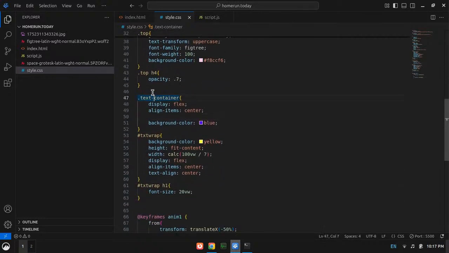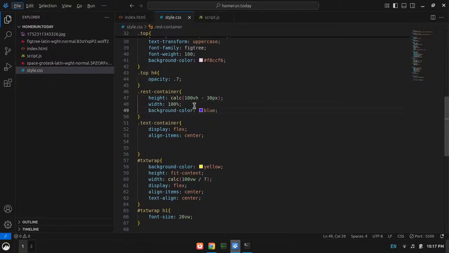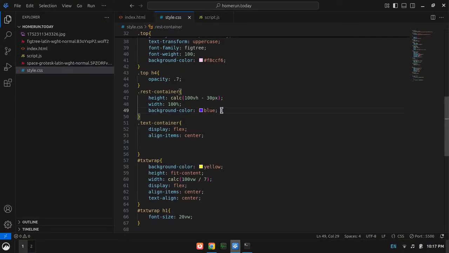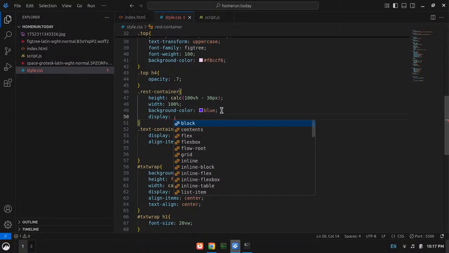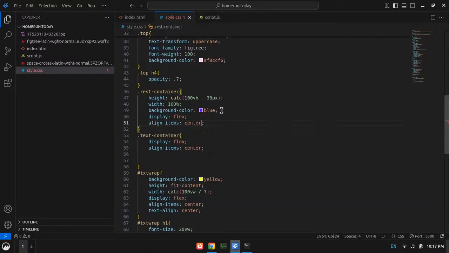I have not set it for the rest container. Let's give it a height and width and also a background color. Okay, that should do for now. And also display flex, then align items center, right?